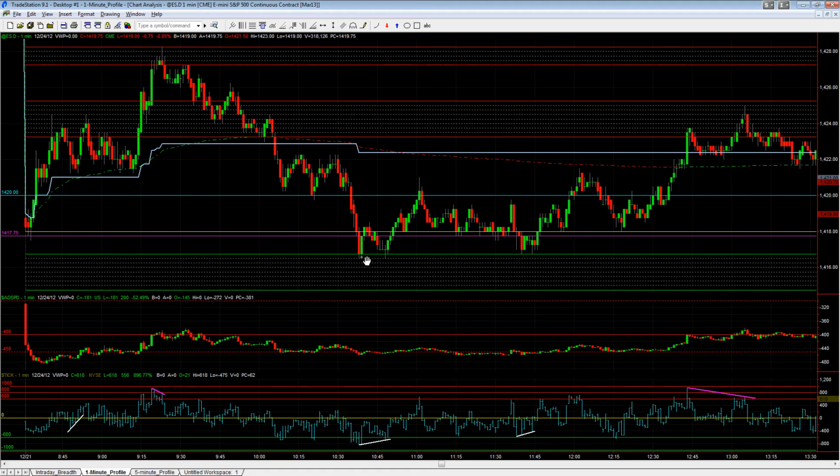And then, we come down to support. We can see that we have a positive divergence at support. And the reason that these areas can work out as long opportunities is that we're not in a trending environment. We are in a balanced environment, the day setting up to be a balanced session. And if you recall, that's the idea that we had going into the day, right?